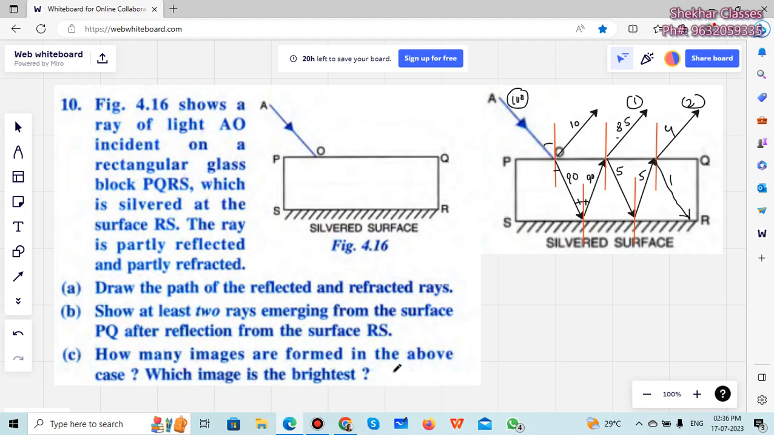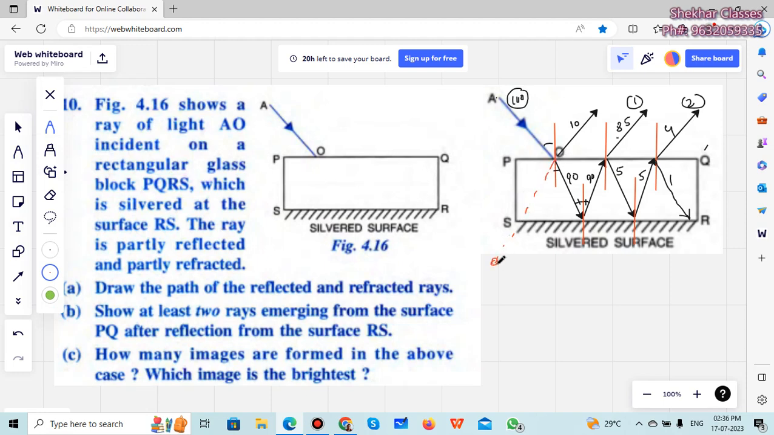How many images are formed in the above cases? Which is the brightest one? You can see in the above cases, infinitely many images will be formed, right? So this is the object A, and if I produce this line backward here,